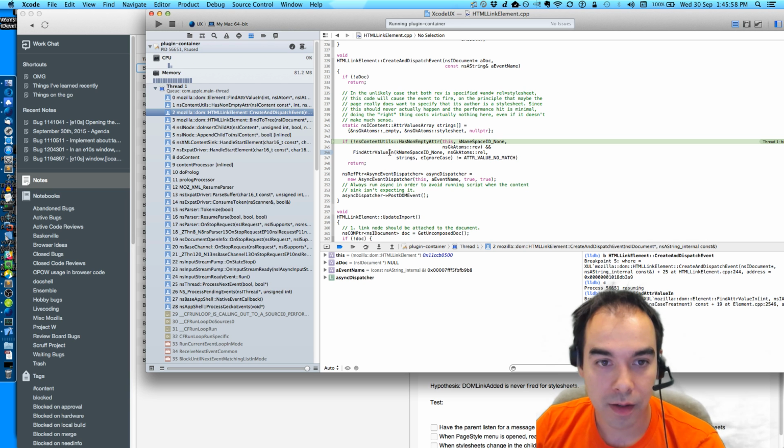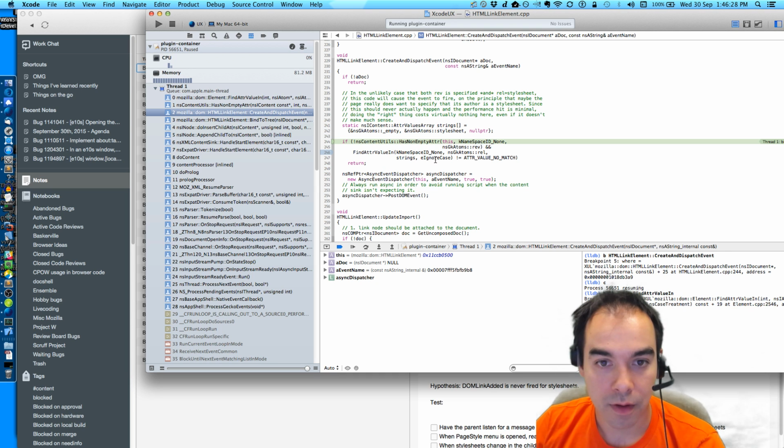If we find attribute value in, so we're looking inside the rel attribute, and we have these strings, the empty string and then the style sheet string, and we're ignoring cases.